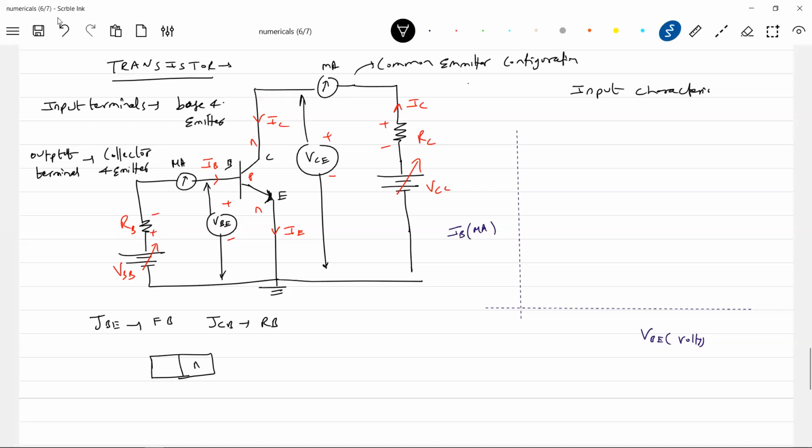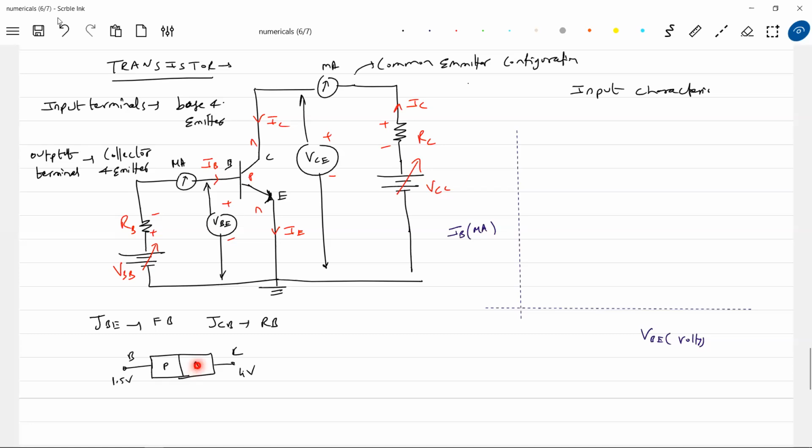This is N type, P type. This is the collector. This is the base. The base potential, if the collector is more positive than base, will it be reverse biased? Because this will be of the order of 0 to 30 volt, and this will be 0 to 5 volt. So here if we say around 1.5 volt, and this is around 4 volt, will this diode be forward biased or reverse biased? It will be reverse biased, no?